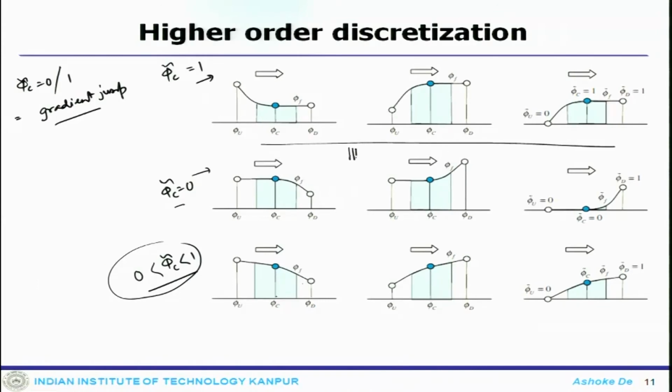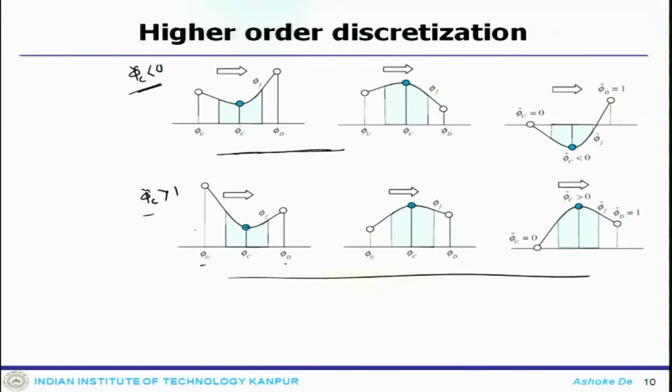So, these two pictures are sort of equivalent, and if it is less than 0, then either of these C values will have certain extreme conditions, 0 or 1, or if it is greater than 1, then also it represents the same. So, these are sort of equivalencies: whether it is less than 0 or greater than 1, it shows some extreme point.